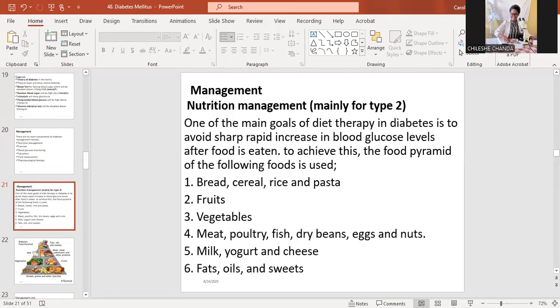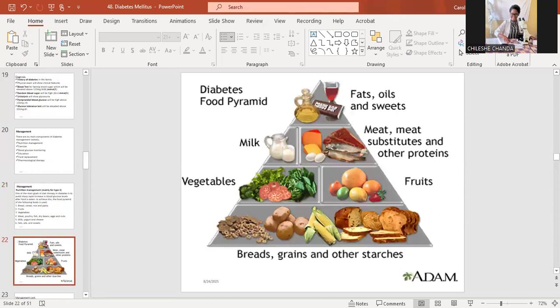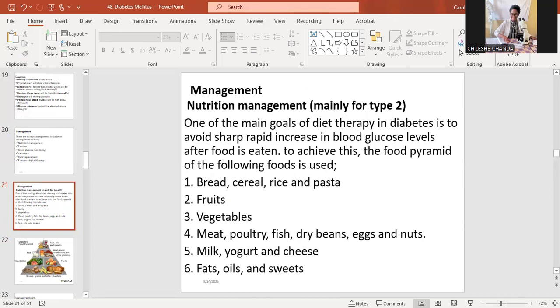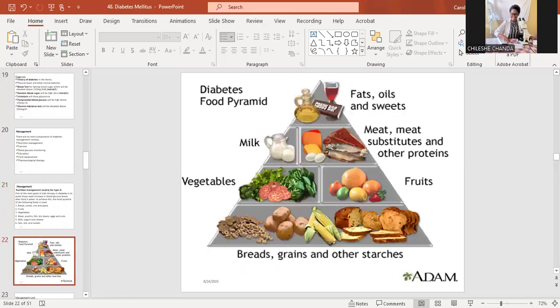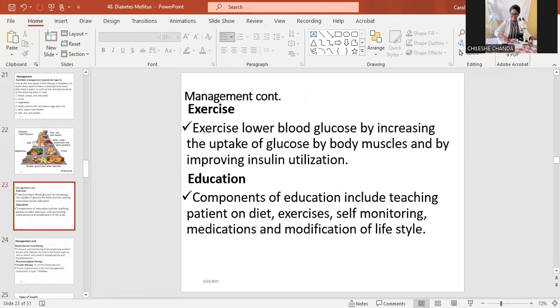So you incorporate their meals with fruits, vegetables. You follow the pyramid, the food pyramid for diabetes mellitus. And then you incorporate